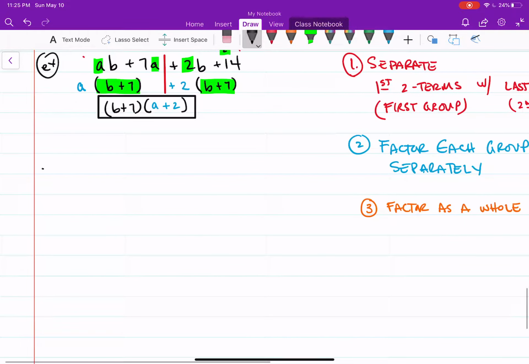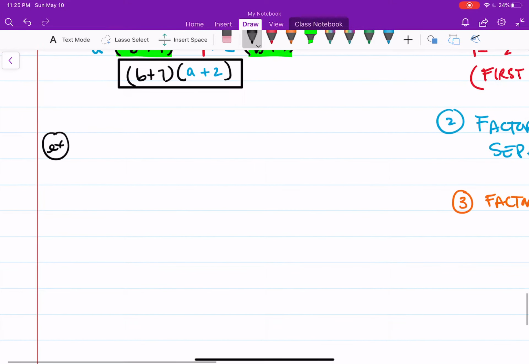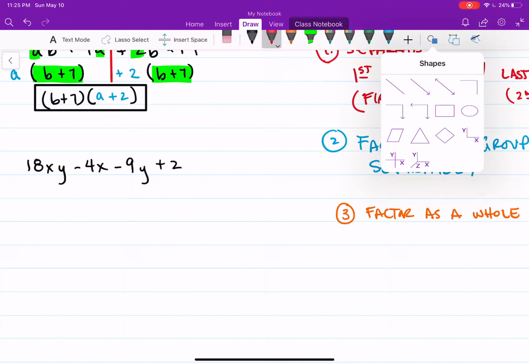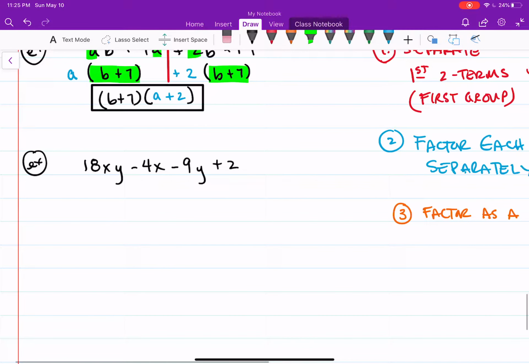Oh, you want another example? Sure. Now this example here is going to help you out with another thing that you might see. Let's do this. 18xy minus 4x minus 9y plus 2. Okay? So step 1 is in red. I know it's very difficult. Ready? Whoa. Okay, step 1 is done. Step 2,